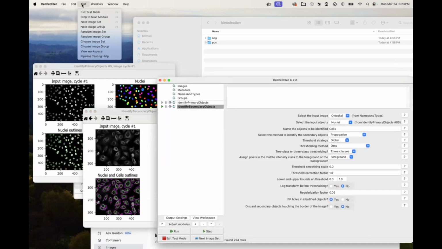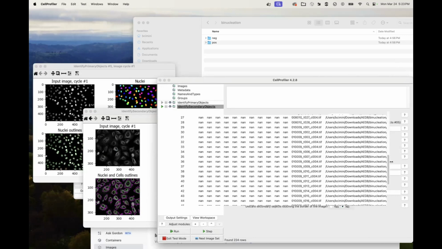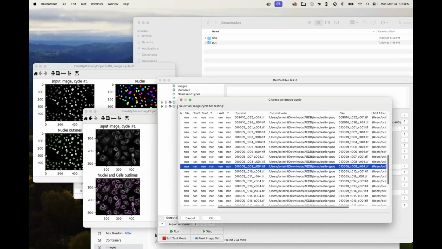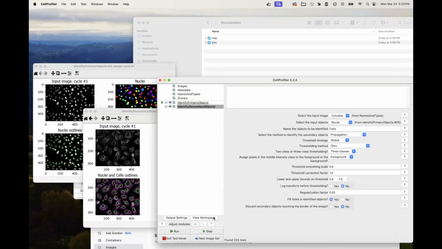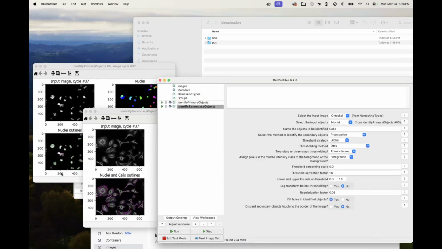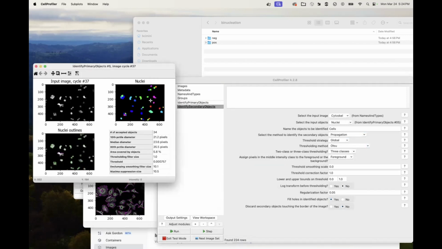Now let's get a sense of what this is going to look like in the case of multinucleation. So I'm going to tell CellProfiler to let me pick an image set. And now I'm going to go down to the ones from our positive control image and get some cells from there. Okay. Whoa, look at that.